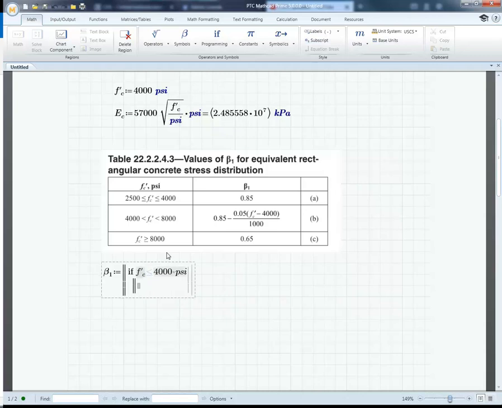It's all goofed up now. Let me start over again. All right, space bar. If f prime of c is